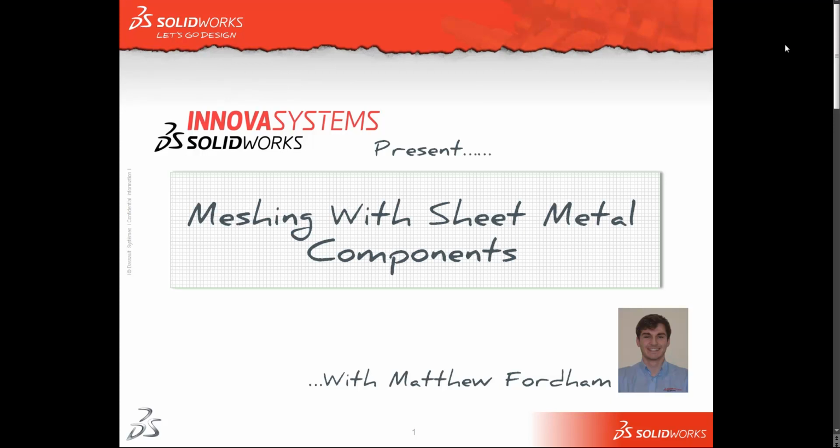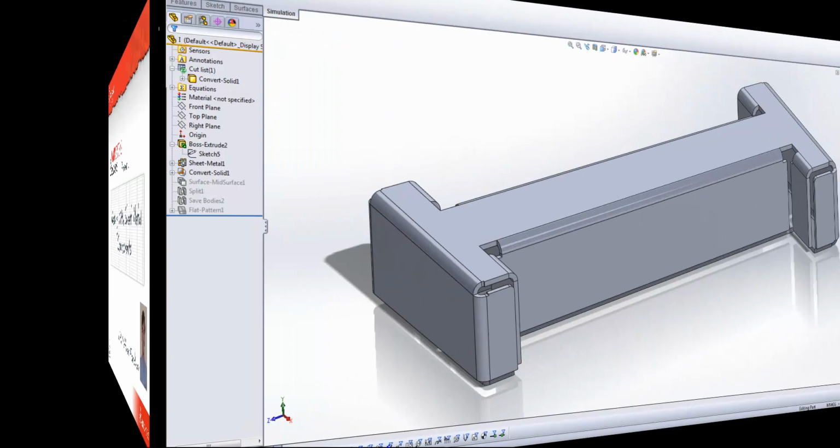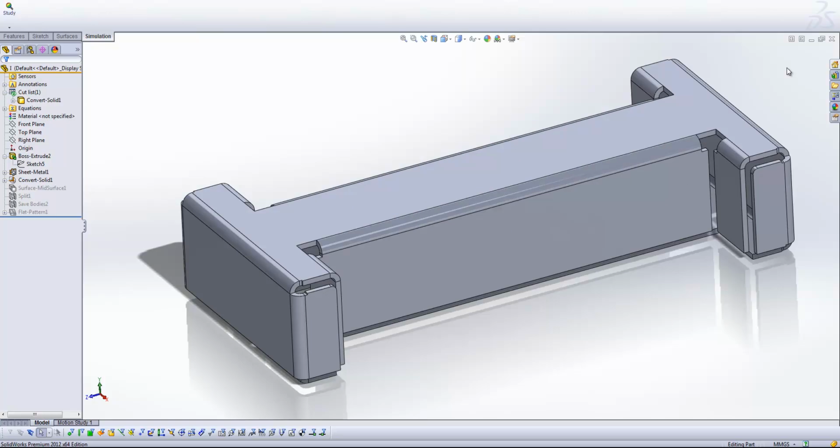My name's Matthew and this time we're going to have a quick look at setting up the mesh for sheet metal components in SolidWorks Simulation. Okay, so what we've got here is a nice simple and straightforward sheet metal component, and what we're going to have a go at doing is setting up the mesh so that we could run an FEA analysis of this